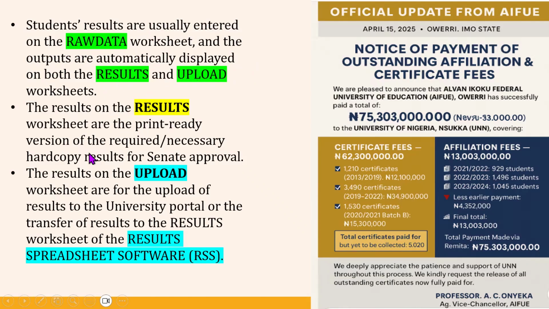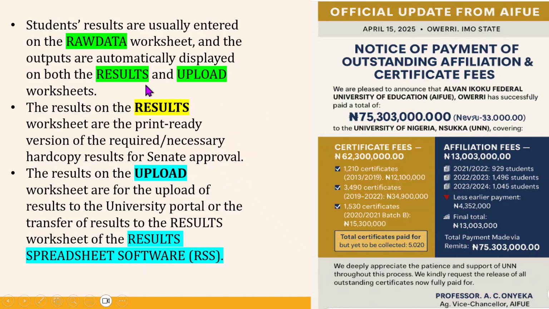The result worksheet is actually print ready, and it enables us to print hard copy results that we can present to Senate for approval, whereas the upload provides us with soft copy of results that we can upload to the university portal, or we can also use to transfer results to the result worksheet of the result spreadsheet software, the RSS. So we will now take a practical demonstration of how to download the Alvan OGR, how to enter data